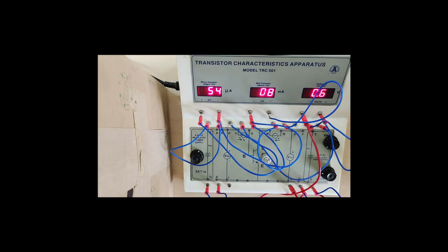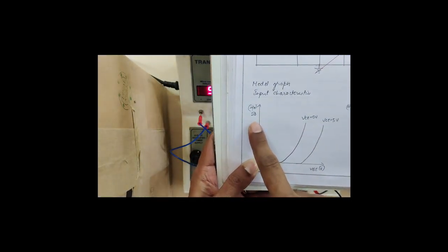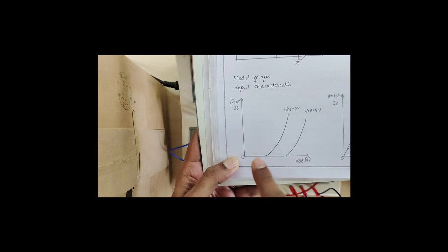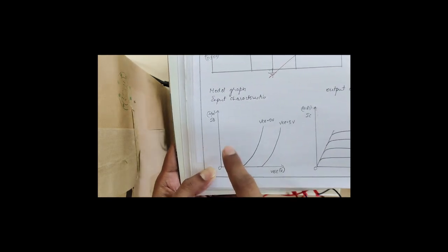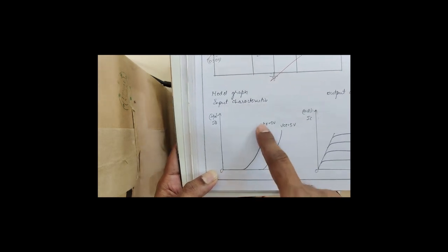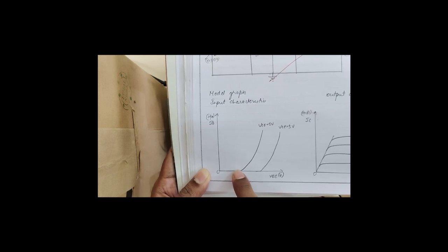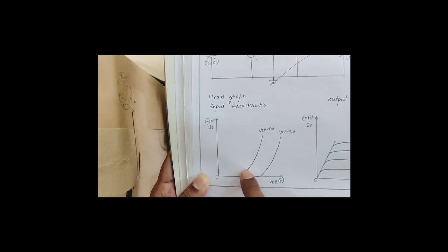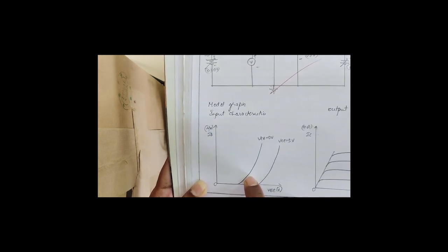Okay, so when you plot the characteristic curve, you will get a plot of this kind. So this is IB versus VBE. So you are going on varying VBE and you are noting down the IB value, and this is the typical graph shape. Initially zero current flows and then gradually the current starts to increase in an exponential manner. So this is the exponential region,